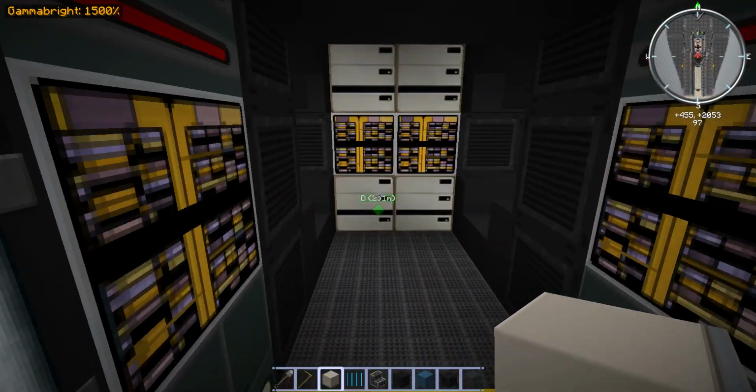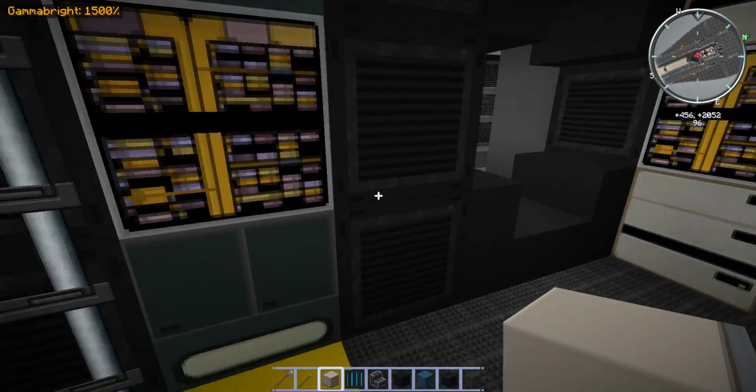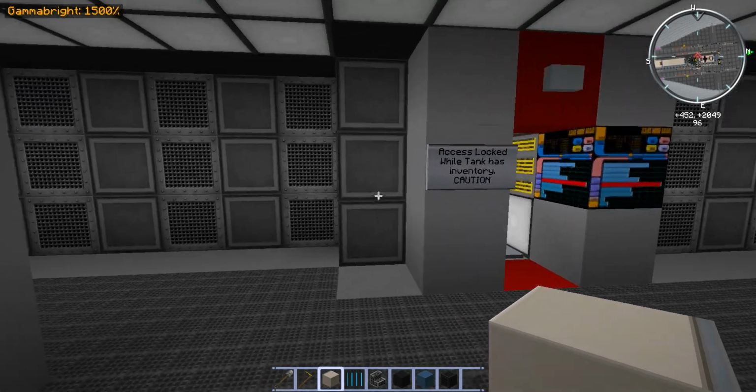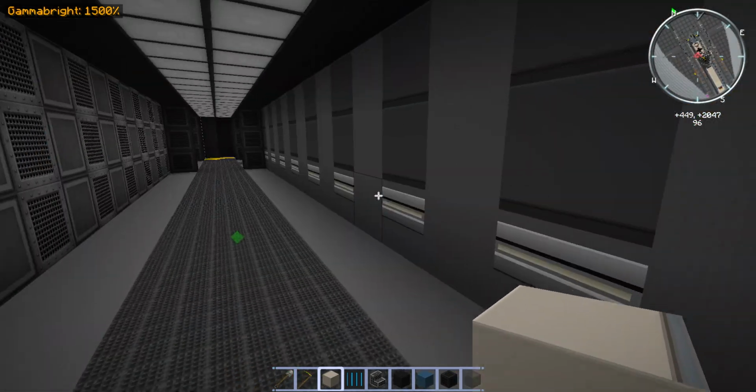Come down through here. We're now inside of a Jeffers tube, and we are literally at the top of the deuterium tanks. So,